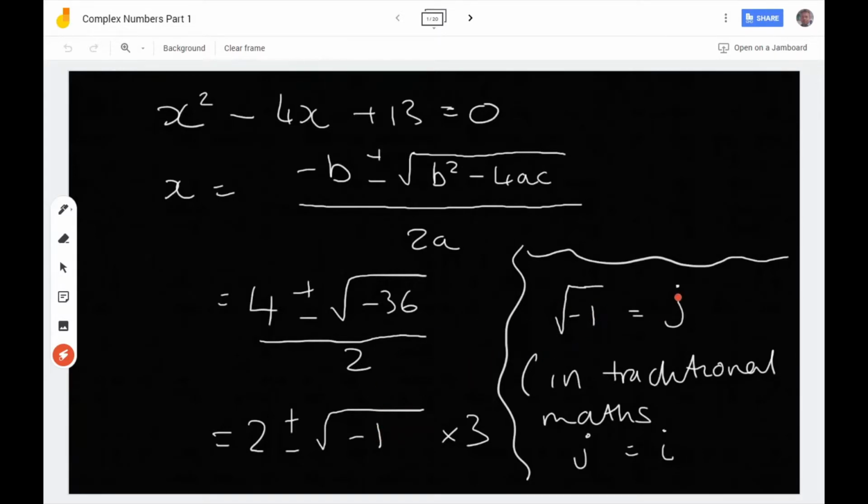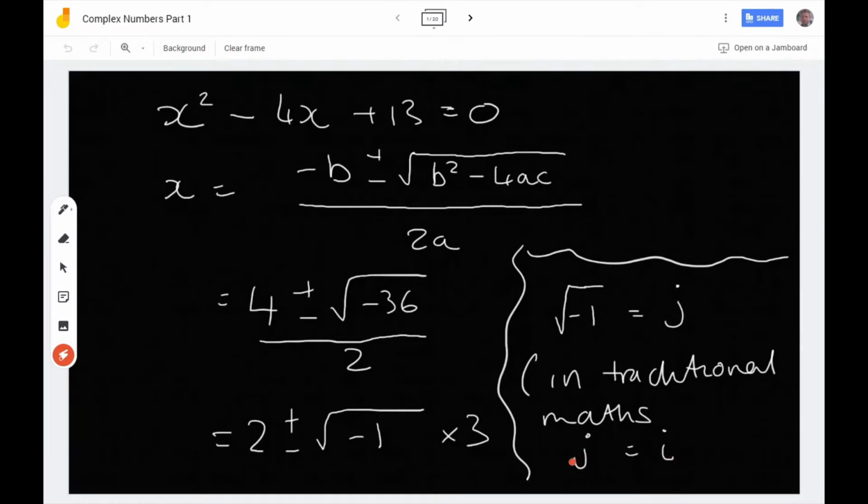So what we do is we assign it the letter j. Okay, so we call it j, and wherever it says the square root of minus 1, we can substitute j in, and then we can just leave it there while we deal with it. Just as a separate note, in traditional maths we use i as opposed to engineering maths where we use j,